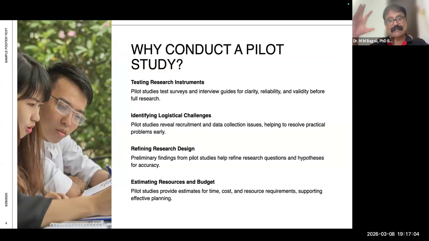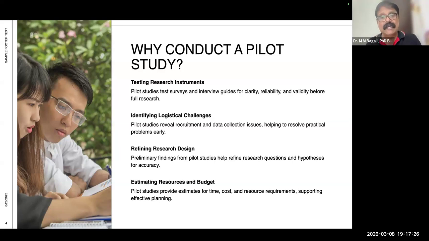You can't have a mismatch, because every research question would have one objective and one hypothesis. So in your research design, when you go to the pilot study, the clarity and accuracy of your research questions and hypotheses would be addressed, and you are very clear about it.